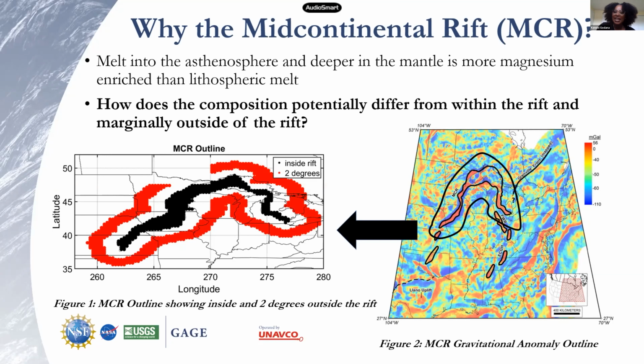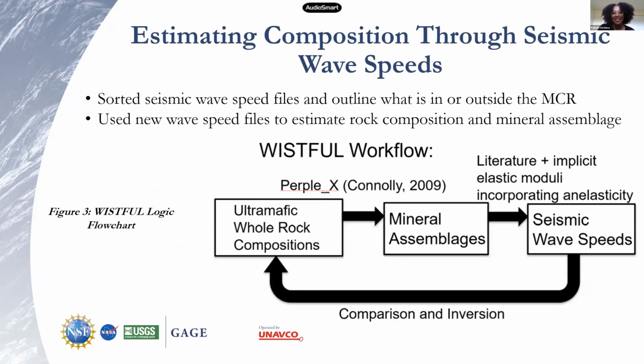Just as a side note for this figure 1, this corner has been cut off because it had a really poor seismic resolution, so it's not included in any of our calculations. So any big fans of Central and Western Canada, I'm so sorry. But yeah. And then as for our methods, we started off with the seismic wave speed files for the area